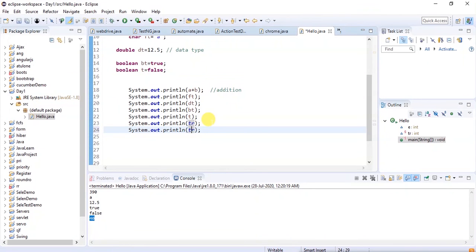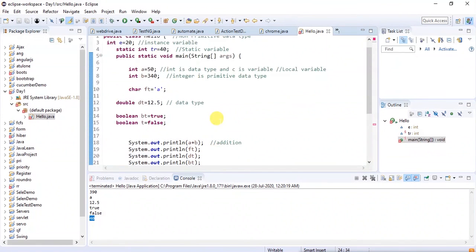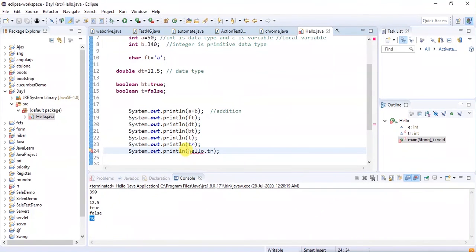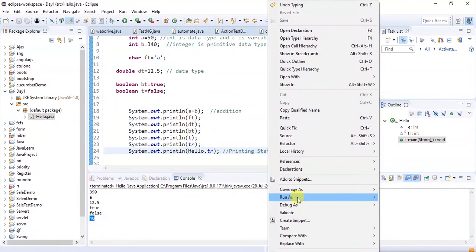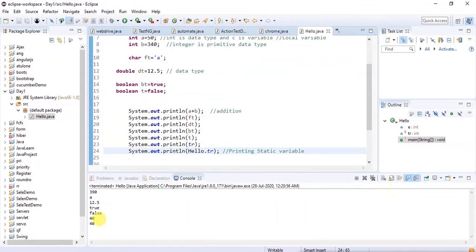We can use the class name to print this static variable. The class name should be exact, so it is capital H. This will print the static variable. See, two times it is printing 40.